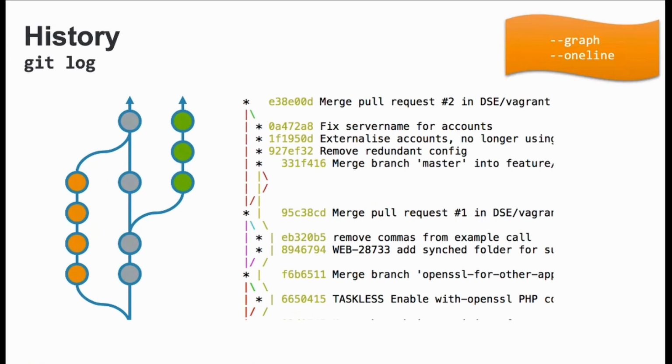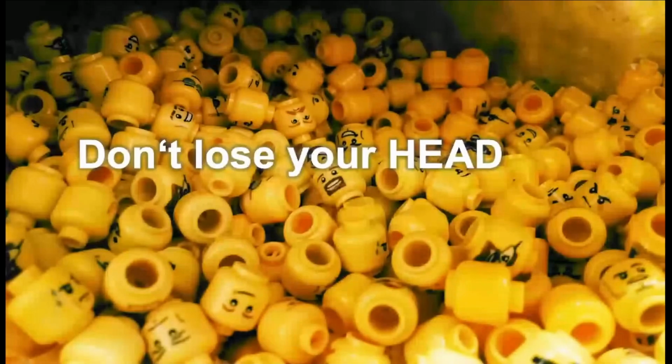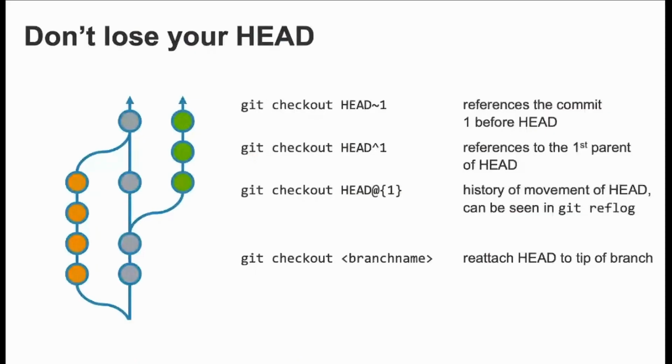So let's talk a little bit about this HEAD notation, because I always got super confused when I went on Stack Overflow and looked for some answers on Git problems. And there was always some kind of different notation with HEAD, and I found it super irritating, super confusing, and I never knew what it meant. So I just basically had to trust what someone was writing. So git checkout HEAD~ references the commit one before HEAD.